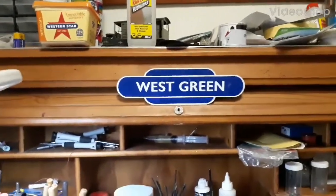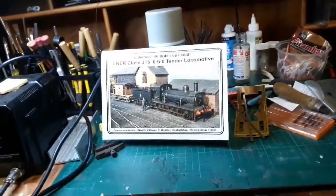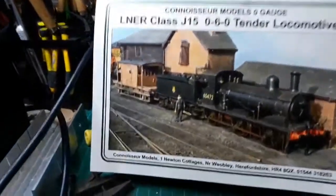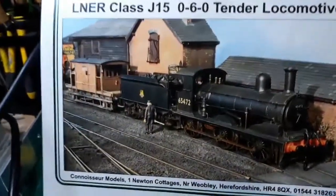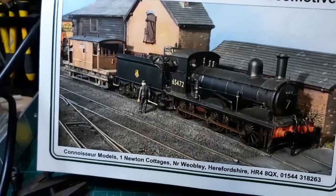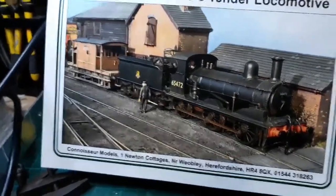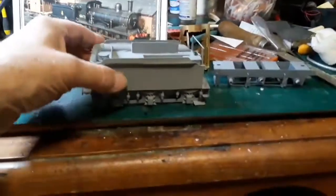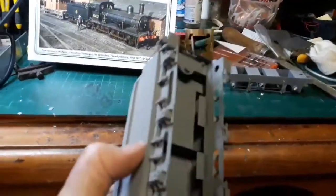Welcome to part 6 of building the Connoisseur J15 060 tender locomotive. So far I've built the tender. If you looked at parts 1 and 5, I'll just show you what I've done. Having built the tender in parts 1 to 5, I spent 3 or 4 hours cleaning